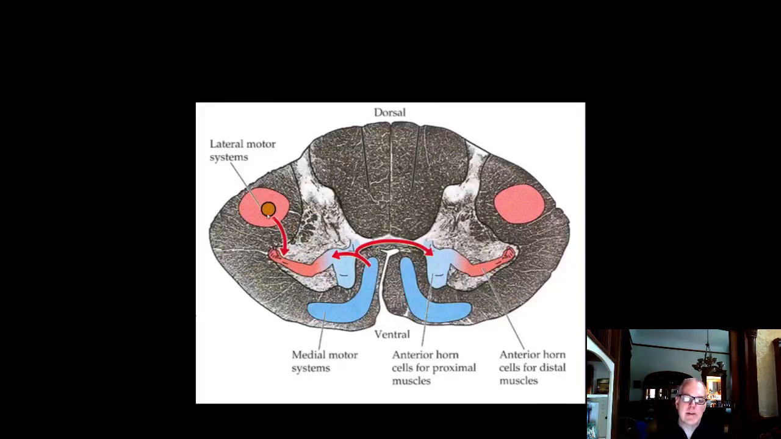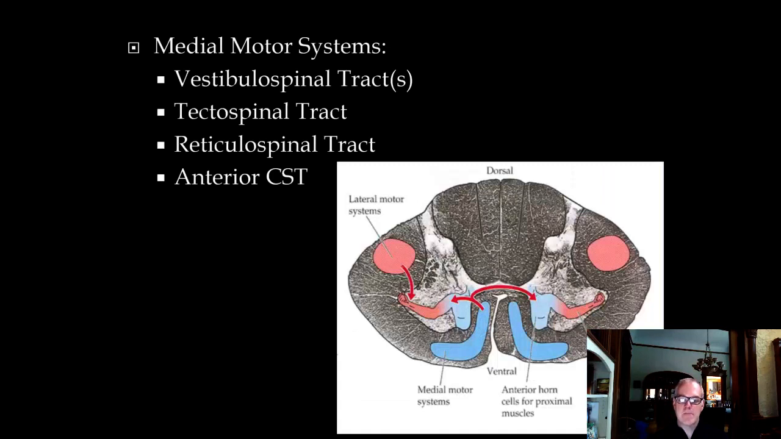So it's traveling out in this location and doing basically the same things. Now in humans, it appears that the rubrospinal tract is much less important, probably, than the lateral corticospinal tract, but they work together. Now we have 4 pathways that we'll talk about here that are in the medial motor system